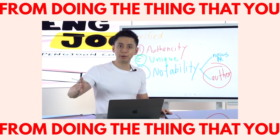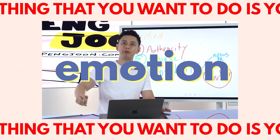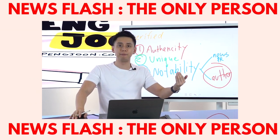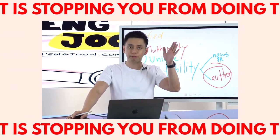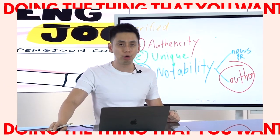You gotta have the motion first in order to get the emotion. Most people have it the other way around. They're waiting for the emotion first. They're waiting for the feeling of excitement, the feeling of being inspired in order to have motion. That's not how the real world works. You go through the motion first. You do the work even when you don't feel like doing it in order to have the emotion. Guess what? Even when you don't feel like doing it,